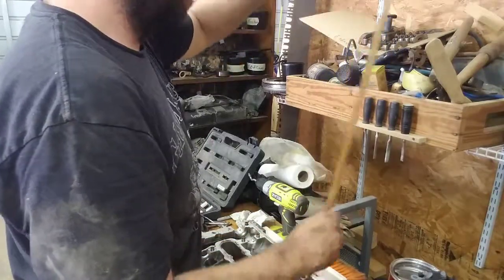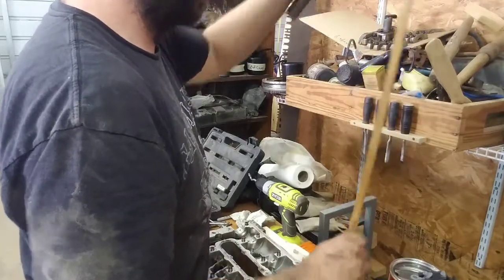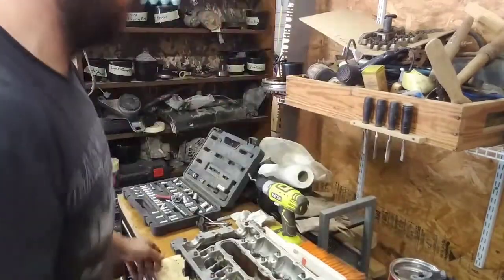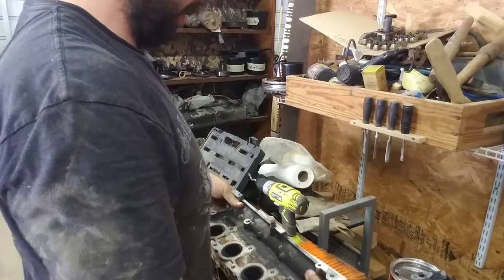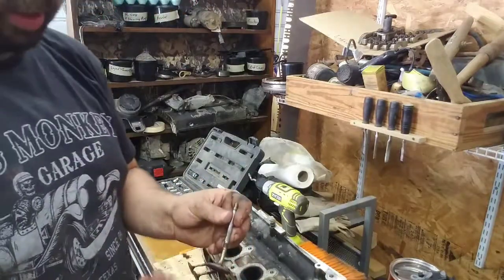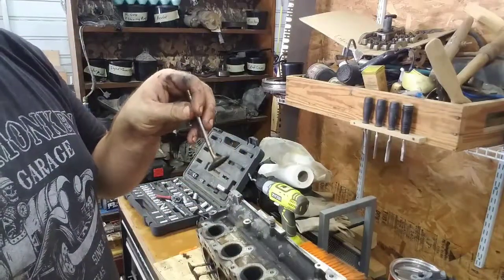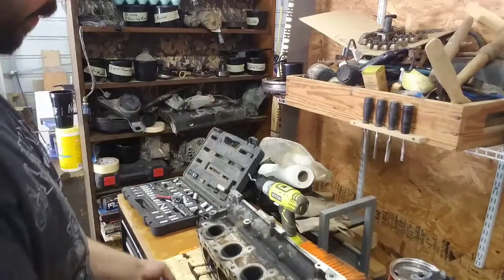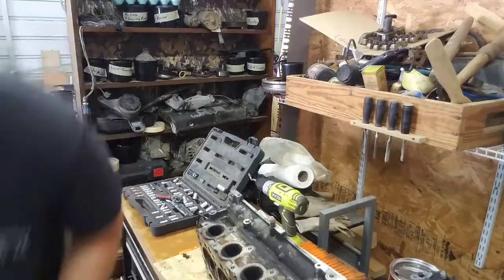I don't figure that's very good. Like, the fact that they're stuck is not good news for the valve guides, but they've got to come out somehow, so I'll just barely tap it. So now, flip it up. Here's our intake valves. See the nice straightness of them. Pull all those out, throw them on the ground,